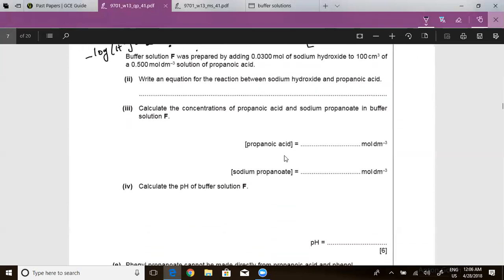Yes, use the scientific. Buffer solution F was prepared with 0.3 moles of sodium hydroxide. You add that to 100 centimeter cube of 0.5 mole per dm cube propanoic acid. So you get NaOH plus propanoic acid, CH3CH2COOH. What do you get? CH3